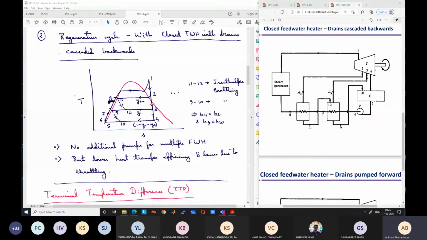The extra energy that is present with this steam, which comes at state 10, what does that extra energy do? It has extra energy, right? It is not state 5. State 5 is the low energy state, liquid water. But because it is vapor, it has some extra latent energy. So where does that latent energy go at state 10? What happens to this latent energy?